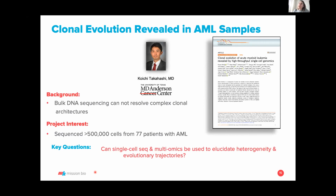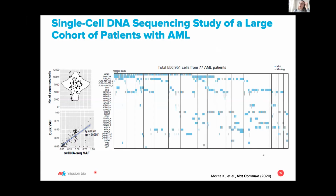And what they were interested in here was to understand the heterogeneity of this disease, which of course was known and analyzed before with bulk approaches, but this was the very first time this was shown at the single-cell DNA level. They wanted to know the heterogeneity of these patients, also the pattern of these mutations: whether they tend to co-occur in the same population or happen in different populations. And they combined it with protein expression markers. So, do my malignant clones belong to the same cell type, or are they perhaps different cell types? So the first thing I wanted to show you is a very big snapshot of the 500,000 cells